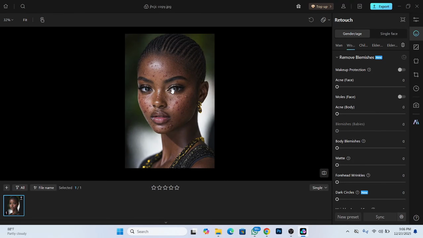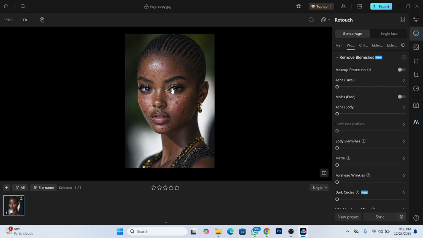Alright, so today I'm so excited. We are going to be looking at how you can retouch your dark skin models using Kumoo, such an amazing software that allows you to retouch your images with AI. And today we're going to be exploring how you can use that same AI to retouch your dark model portraits and you would get amazing results. So this is the image